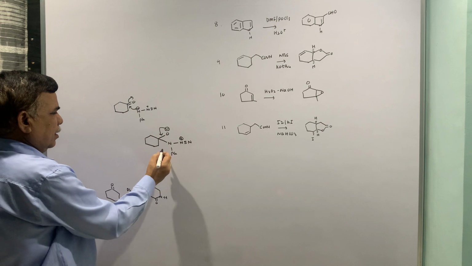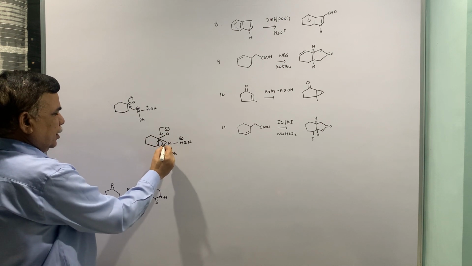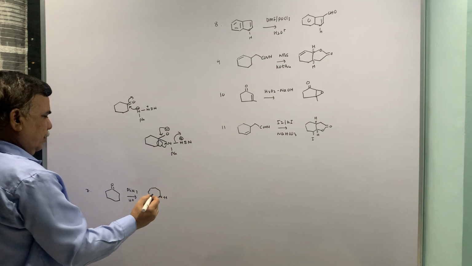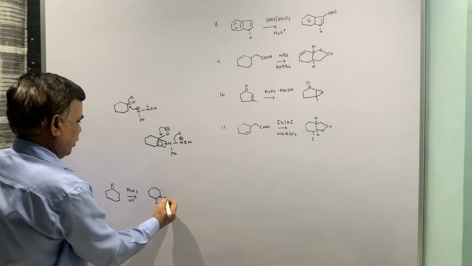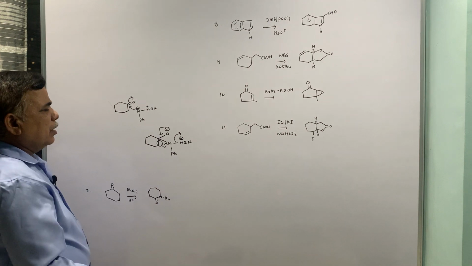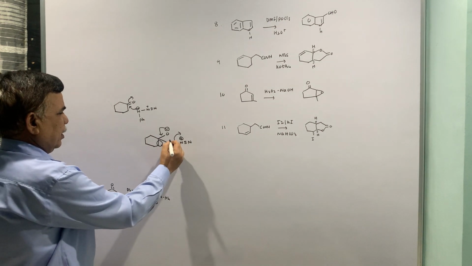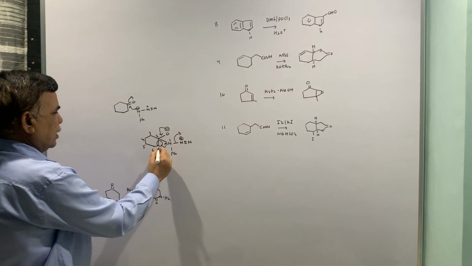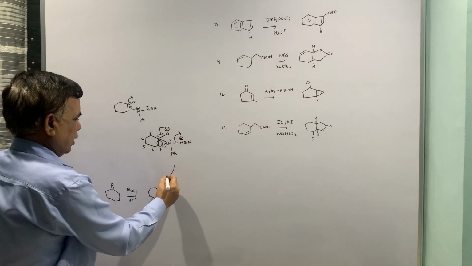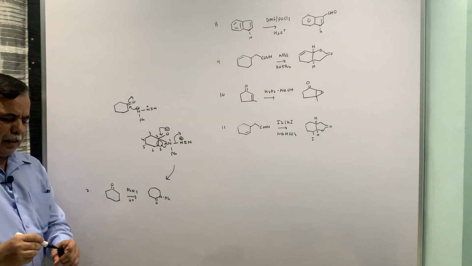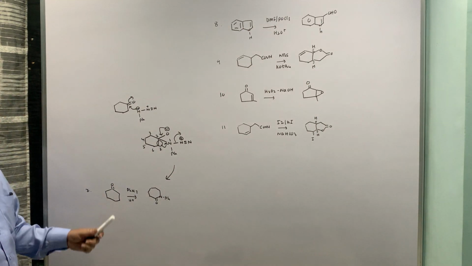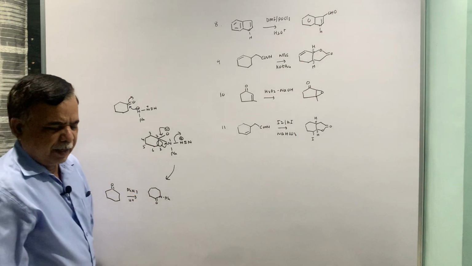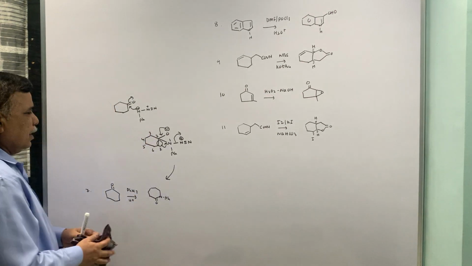This comes back, this comes here, this goes off. Ultimately you have, now here it should be NPh, not NH. So if I put the numbers 1, 2, 3, 4, 5, 6 and 7, so 7 membered ring, so directly you get this compound. So that is a ring expansion or conversion of ketone to lactam, that is the reaction.